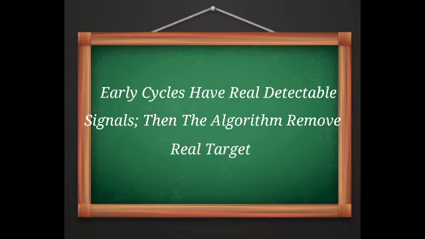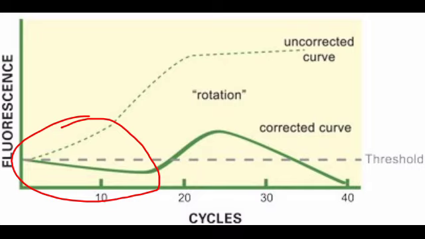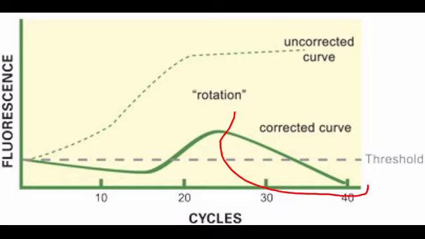The subtraction of the real signal has the graphical result of effectively rotating the amplification curve about the axis origin. Phase 1, which should slope upward, now looks flat or even slightly decreasing. Phase 2 appears, but since its actual rate of growth is underreported, it looks weak and may in some cases fail to cross the CT value. And finally, phase 3, where an actual plateau occurs, now looks like a negative slope, since no growth minus a growing background yields a negative value.